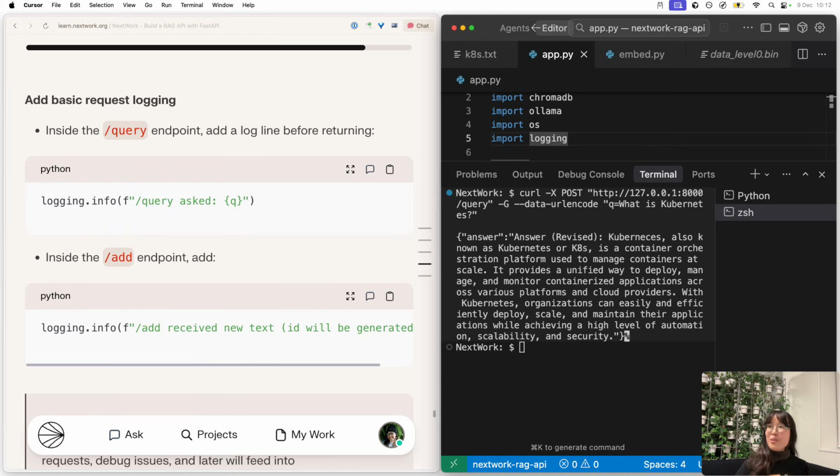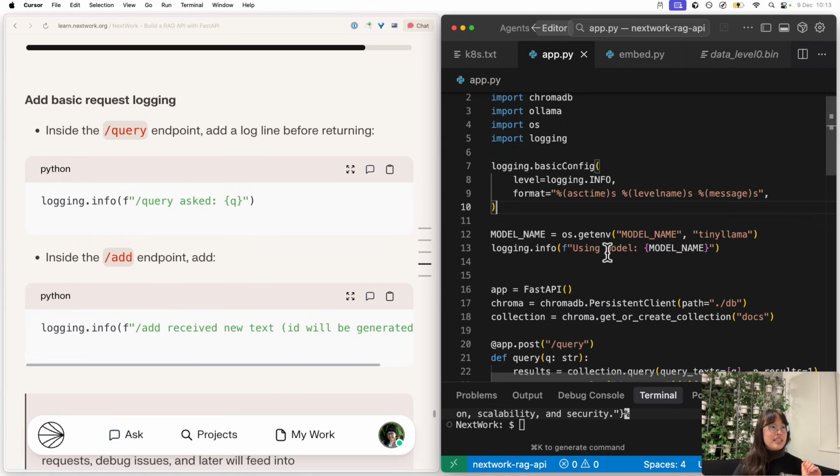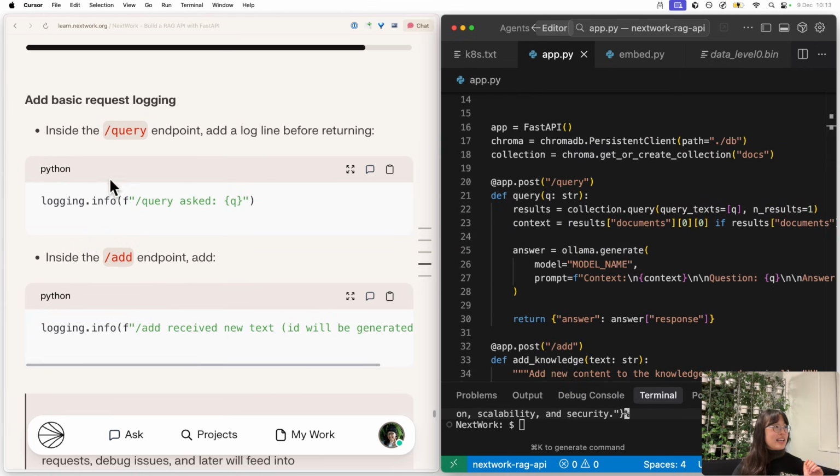Logging can go a long way for you to be able to trace the steps of who did what with your API, what did they do, what's the data that they wanted, or if there are any errors, you can use logs to easily trace back the steps and say exactly at what point did things go wrong. In this case, let's add logging by going into our query endpoint and adding the log line